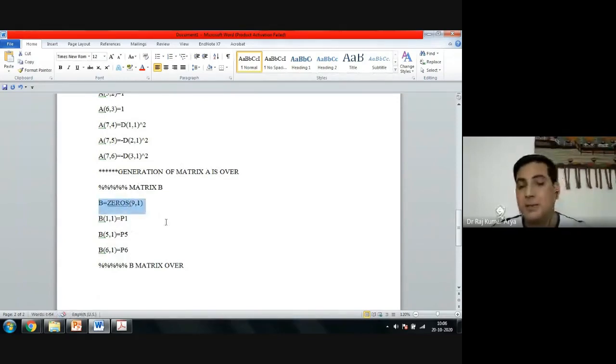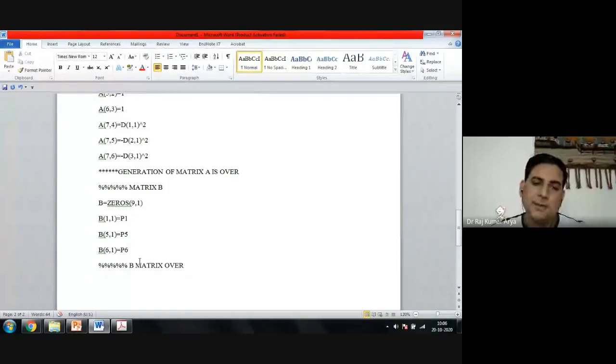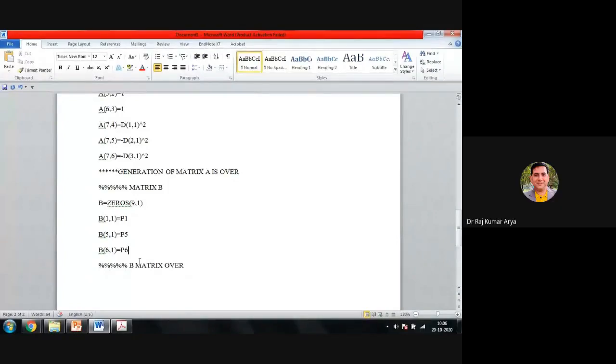If you have not written this command, it will give you the matrix of B 6, 1 only, because you have not defined the size of the matrix. So you define your size, how much? 9.